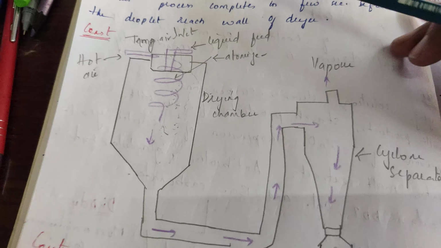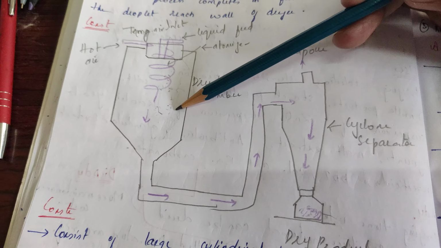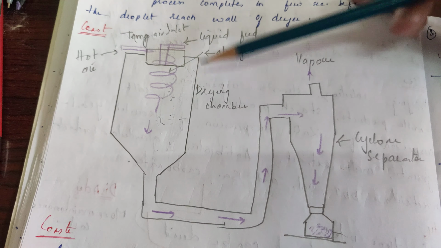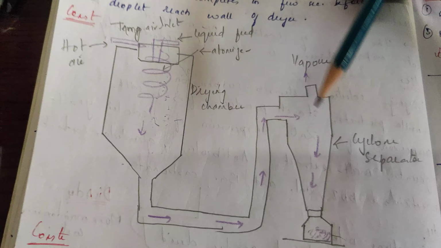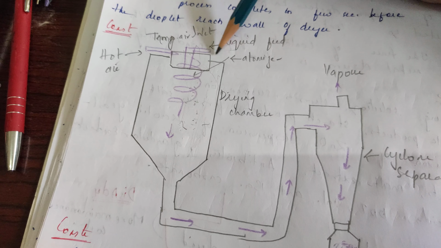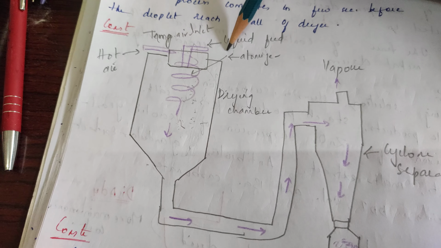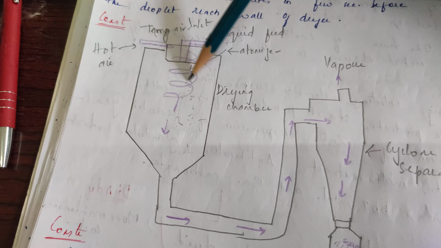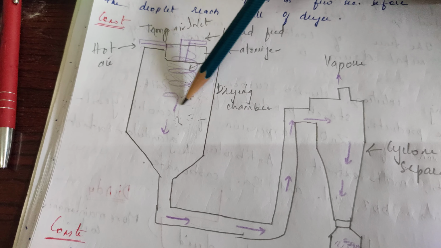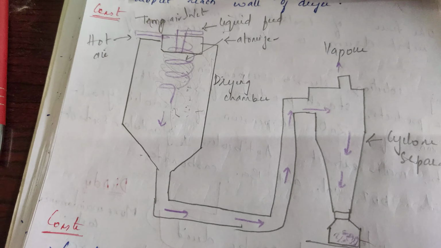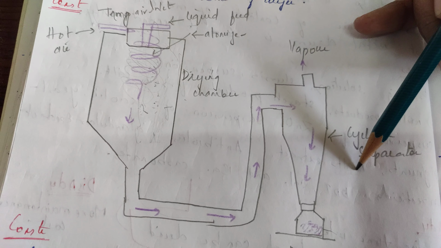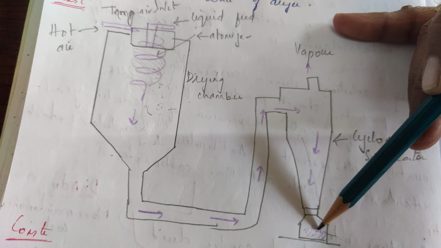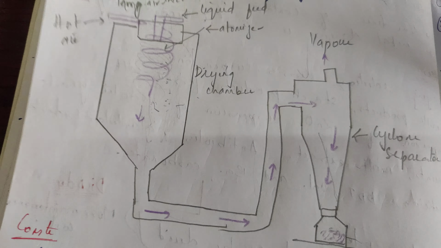The construction of the spray dryer, the apparatus looks like this, has two chambers. The first chamber is called the drying chamber, and the other part is the cyclone separator. In the drying chamber we can see the feed inlet, through which the feed is allowed to pass, and here there is a hot air inlet. This is the way in which the particle is completely atomized here. This is the drying chamber, and this is the cyclone separator. In the cyclone separator you will see the separation of the dried particles on one side and the vapors moving on the upside.